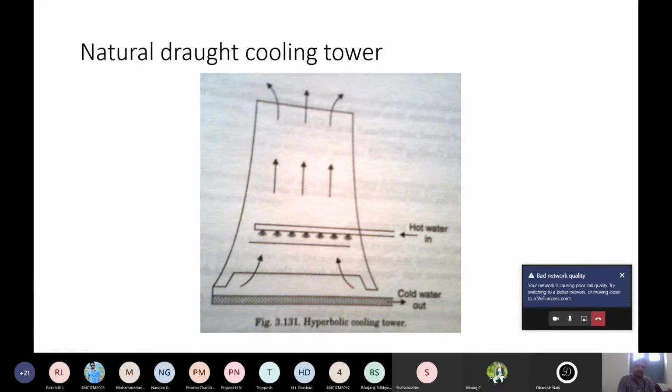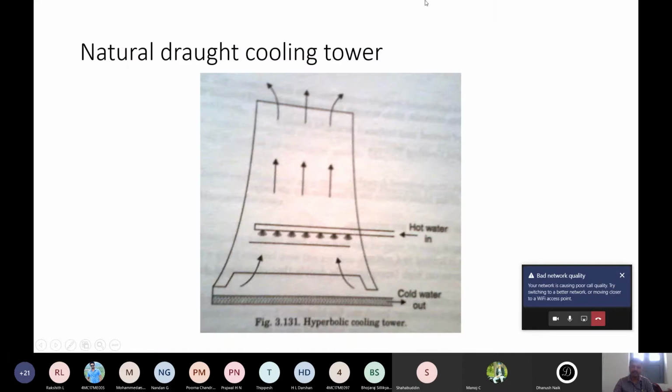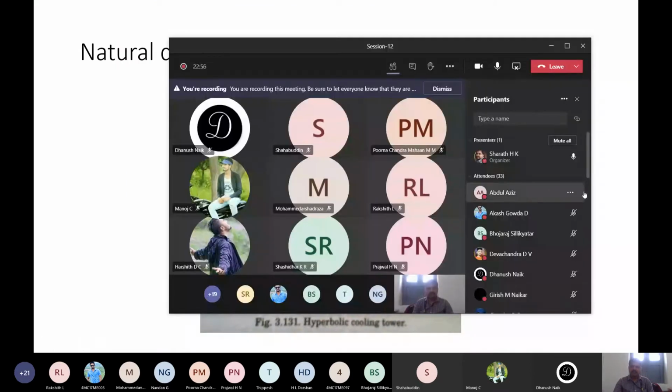So again, if you consider mechanical draft, you can find two types of fans. You can see the fan used in classrooms or in your home. In rooms, you can see the ceiling fan. And you can see another type of fan which is used in toilets. Now what is the difference between a fan which is used in a washroom or toilet and a ceiling fan that is used in rooms or halls? What is the difference between these two types of fan?